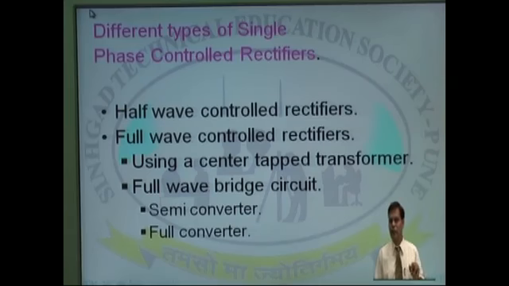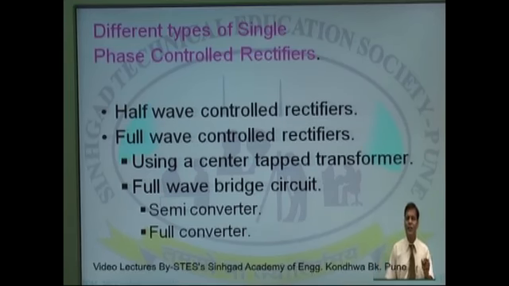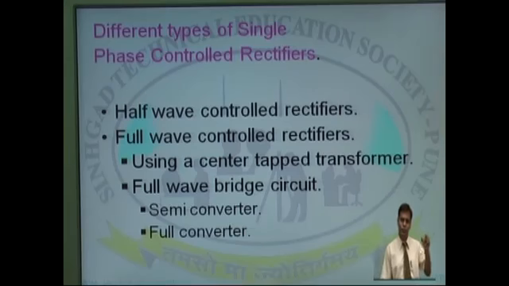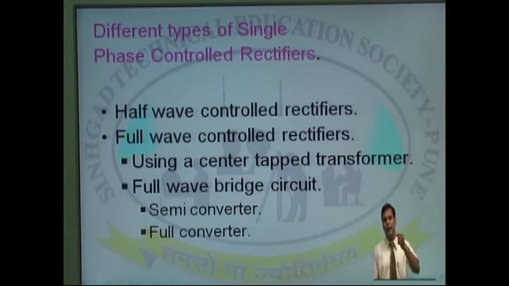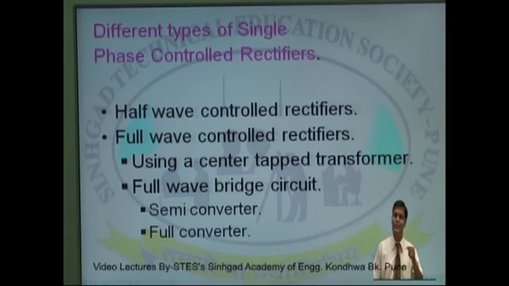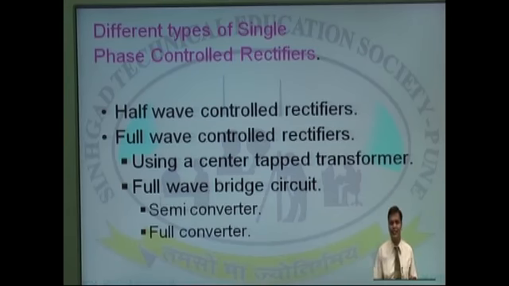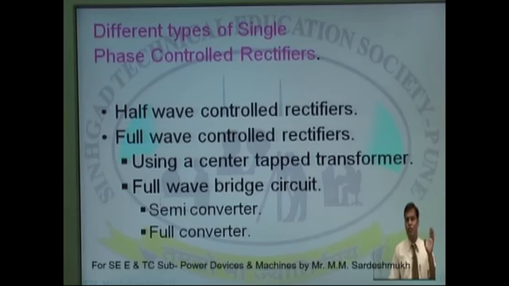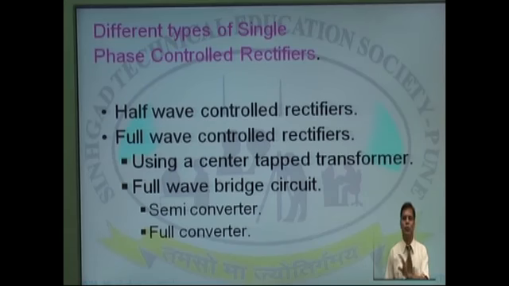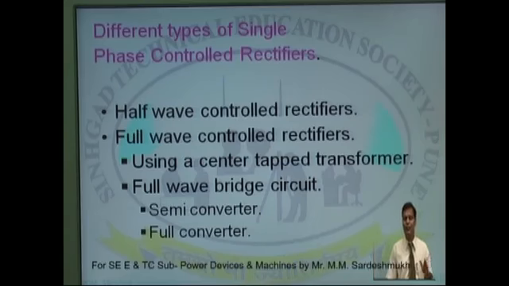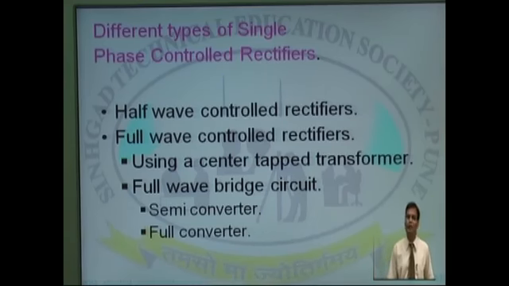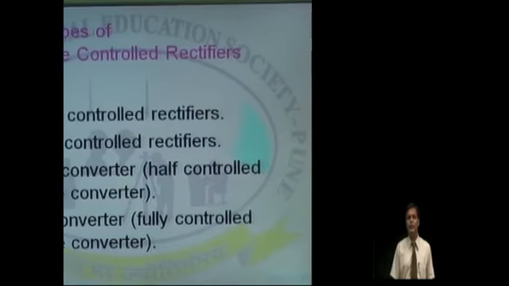So overall we can conclude that the classification can be done first on the basis of input supply, that is single phase and three phase. Then single phase can be classified into two broad categories, half wave and full wave. Full wave can be categorized as using a center tap transformer, and second is the bridge configuration. Bridge configuration can be classified as symmetrical and asymmetrical configuration. The same classification is there in case of three phase also. In case of three phase you will find half wave and full wave. In case of full wave you will find semi converter bridge and full converter bridge. So this is the classification of the AC to DC converters. Now let us